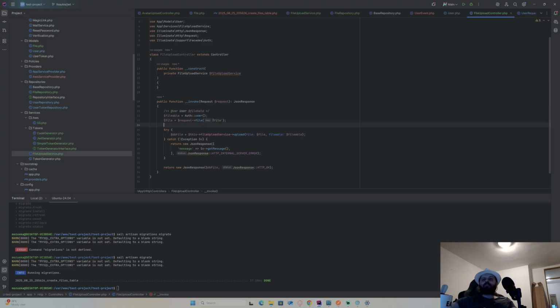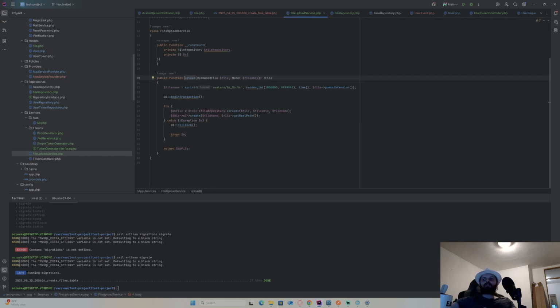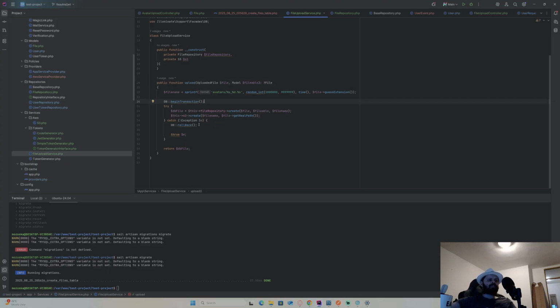I will change this later in the next iteration, but for now I'll just leave it as user. And of course I'll grab file, which is now no more avatar, it's a general file, and I will use a general service which will eventually upload any file. For now it's just avatars. This service is indifferent to files, it doesn't care which file comes its way or about file types.